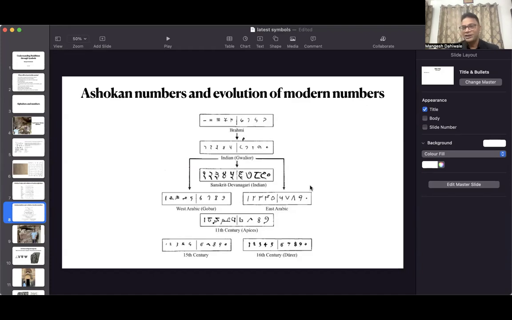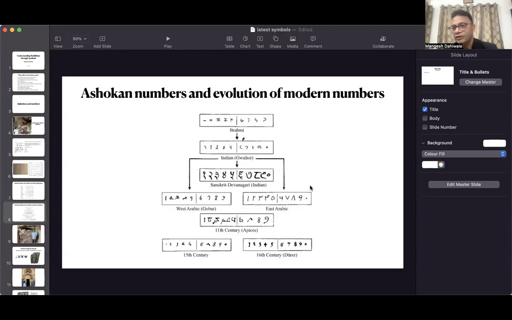And this is not me saying it, this is what the scholars are saying. One of them, a person who wrote the history of mathematics, mentions how the modern numbers that we use wherever we are, all over the places, can all be traced back to the Ashokan numbers. And I think this is a very interesting history. In the recent discussion,